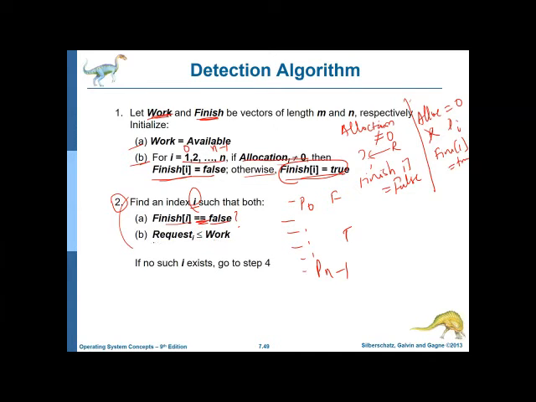Now, in this step, what you have to check here is request of I is less than equal to work. All of you know what work is. Work is the current available number of resources. So is request of I less than equal to work? In the bank example that I gave, suppose the bank currently has only 10 lakh to offer any customer, and the customer is asking for 12 lakhs. Because 12 lakhs is not less than equal to the 10 lakhs currently available with the bank, it cannot be satisfied. Such a case happens here also. You have to check the value of I such that what it requested for is less than equal to what is available.